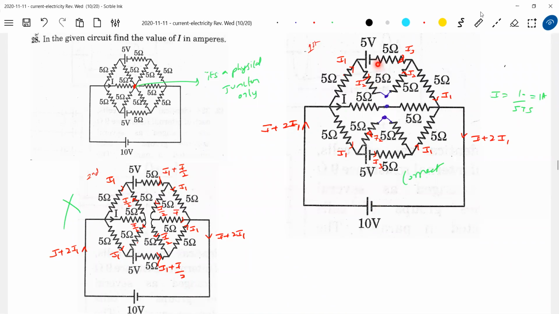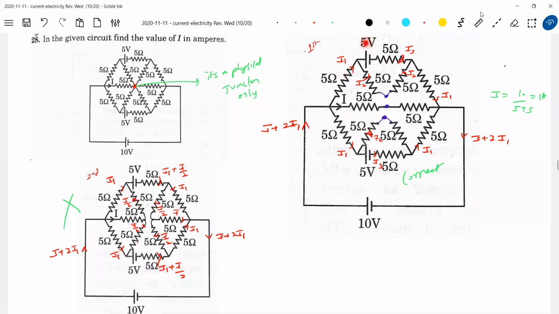What to do here? So what about here? Any current? Can you say anything about current here? Why am I not dividing I1 by 2, I1 by 2? Why should I do it? A current will flow here, this current will flow. So now the current in this branch will be different. That's why I just made it different.